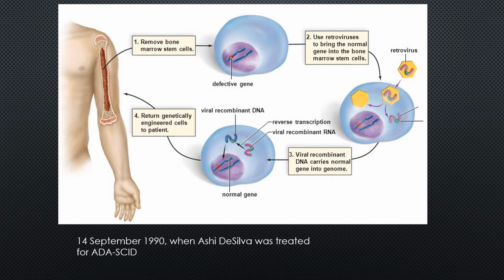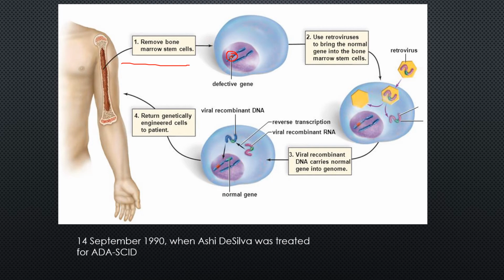The way they did this is what we call ex vivo. Vivo just means living, so ex being outside of the living organism. They took bone marrow stem cells, which grow really fast and can be differentiated later. That stem cell, of course, has the defective gene. And they used a retrovirus, which replicates backwards. It uses something called reverse transcriptase, and it genetically replicates with RNA.